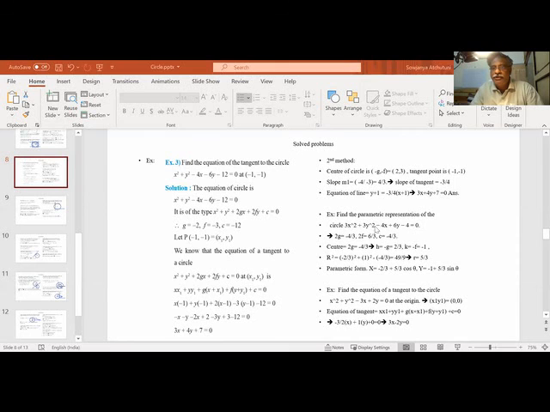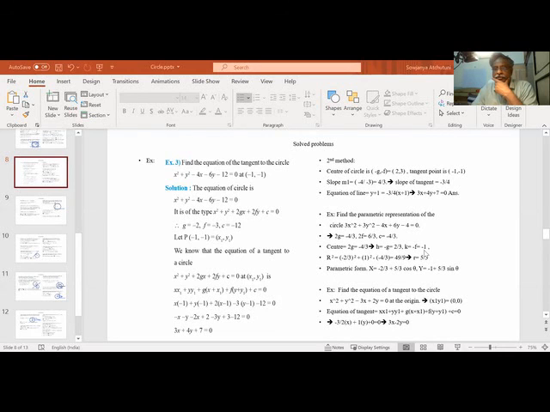Find the parametric representation of this circle. So parametric, what we want? We want r, we want h and k. So what is the center of the circle? So 3 will come here. X square plus y square minus 4 by 3 x minus 6 by 3 y minus 4 by 3 is equal to 0. So 2g is equal to minus 4 by 3. 2f is equal to 6 by 3. C is equal to minus 4 by 3. So center, you know, minus g, minus f.